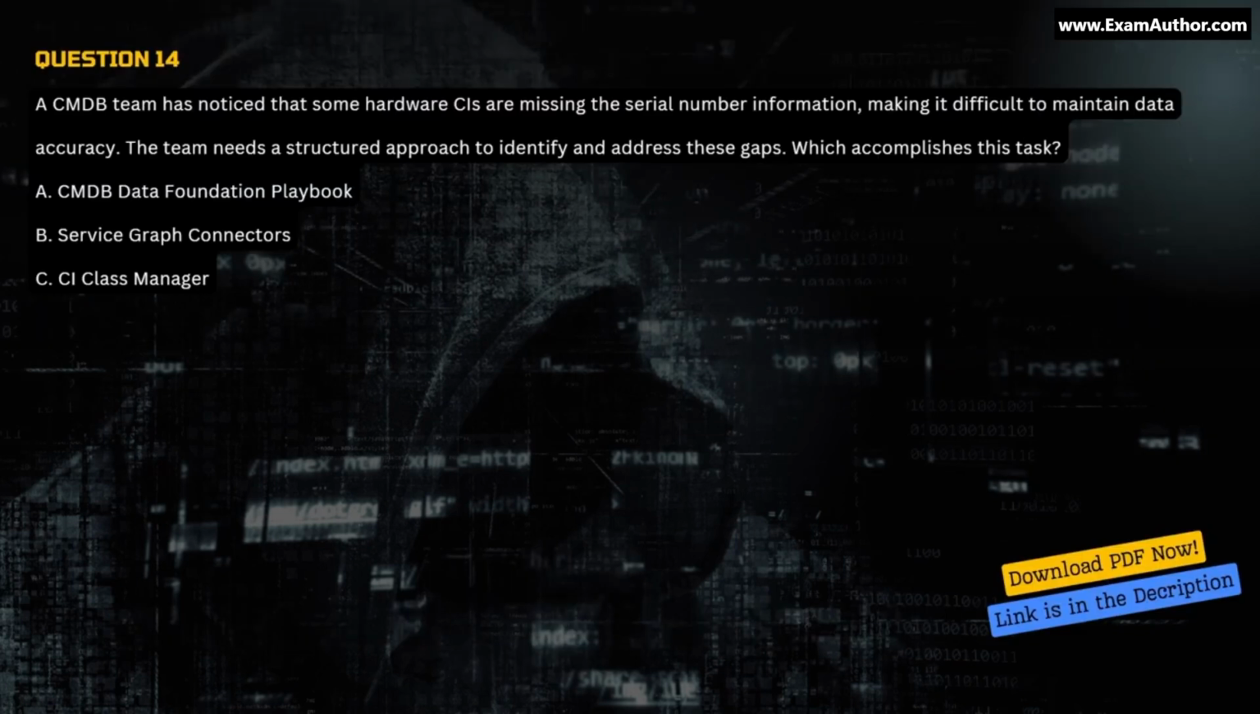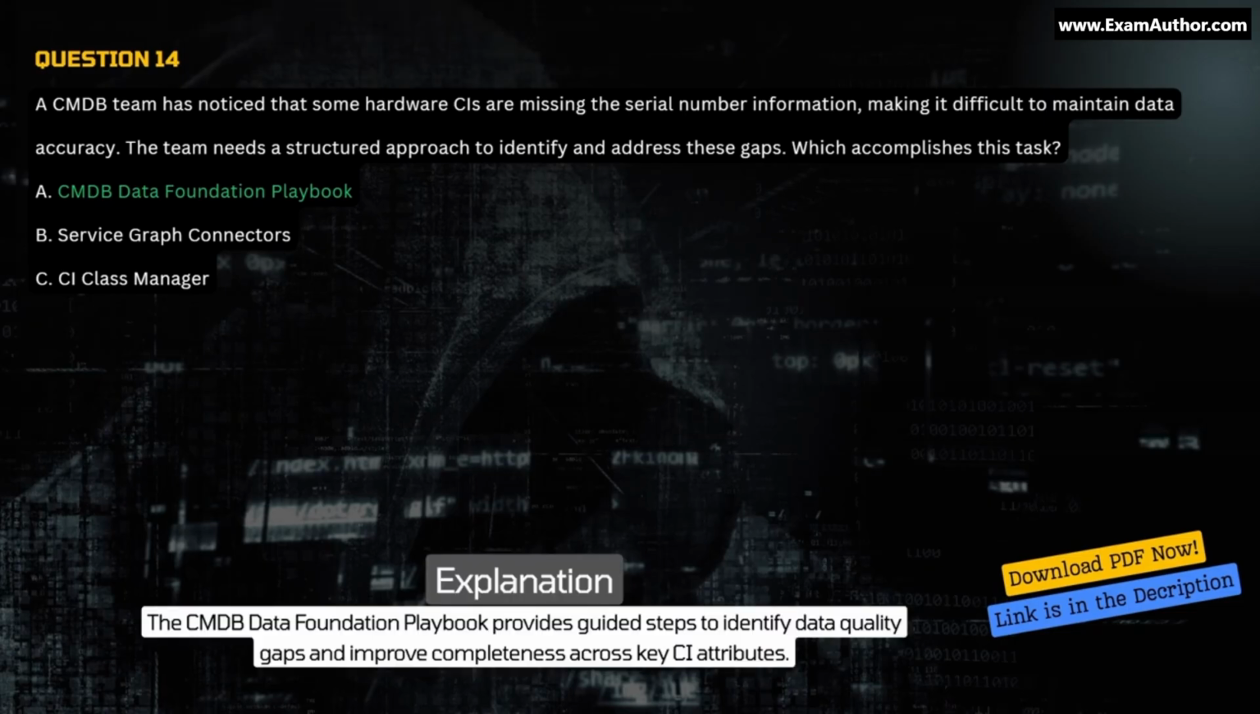Question 14. A CMDB team has noticed that some hardware CIs are missing the serial number information, making it difficult to maintain data accuracy. The team needs a structured approach to identify and address these gaps. Which accomplishes this task? A. CMDB Data Foundation Playbook. B. Service Graph Connectors. C. CI Class Manager. Correct answer A. CMDB Data Foundation Playbook. Explanation. The CMDB Data Foundation Playbook provides guided steps to identify data quality gaps and improve completeness across key CI